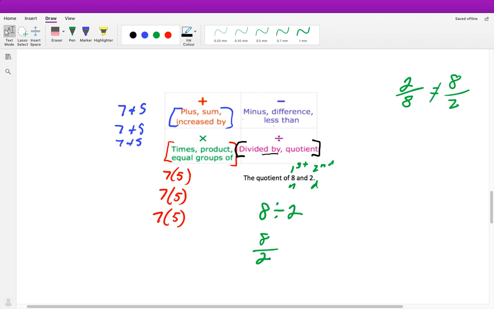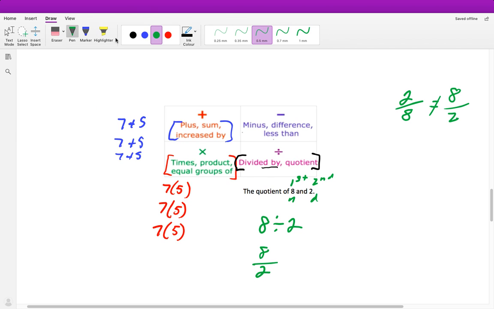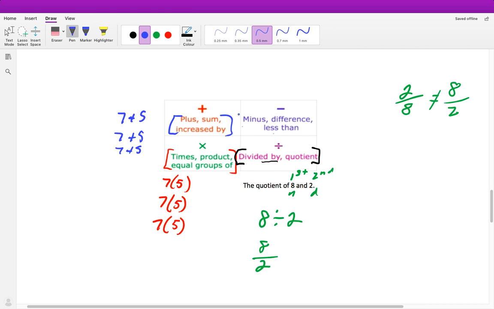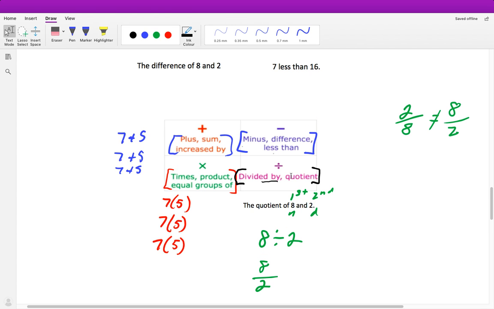All right, so now we're going to get into subtraction. Here we have minus. Same thing, for the most part, these are pretty easy. I'm going to go through these two. I'm going to write examples of difference and less than, and then show you real quickly before we get to our examples. I'm going to change my ink color. Let's just do purple. So for the difference of 8 and 2, it's exactly like our quotient